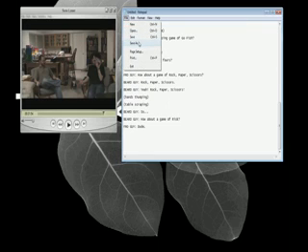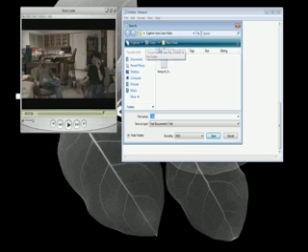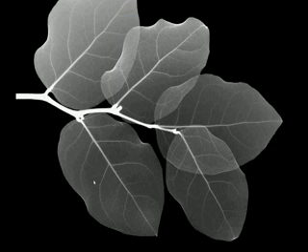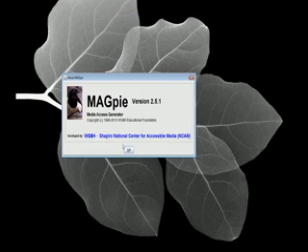When you're done with your transcript, save it into your project folder as a text document. Give it a name that makes sense, like captions_ and the name of the video. Now that we've created a transcript file, we're ready to open MAGpie and create the captions. So open MAGpie,